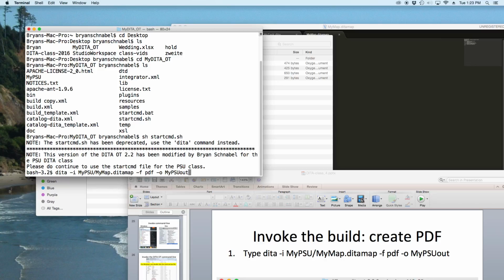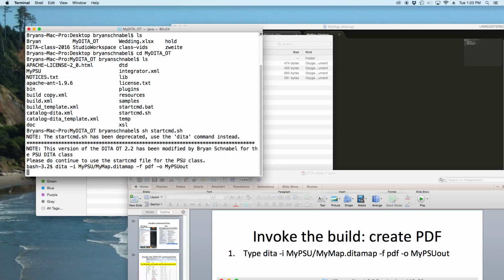One thing to mention, this is all case sensitive, so you have to make sure you get the case correct. So I'm going to say enter, and it's thinking about it,